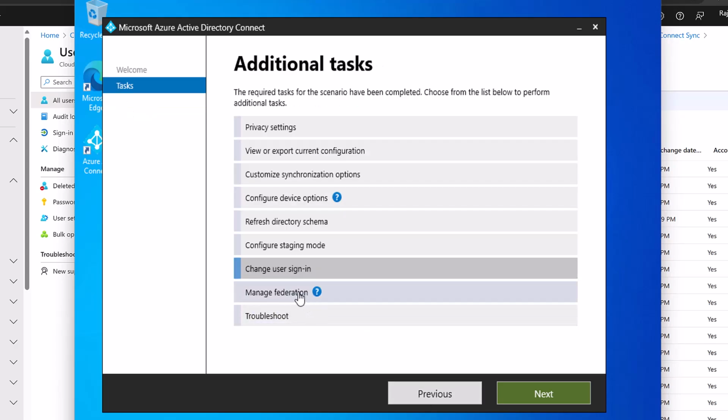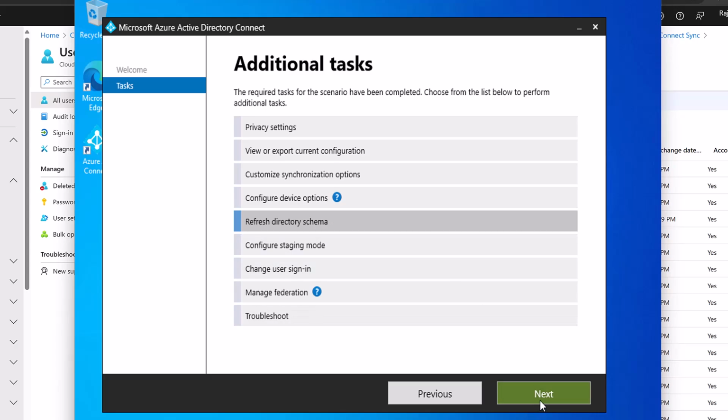Manage federation. We are not managing any federation at the moment because we don't have an ADFS or a PingFederate. Now, refreshing Active Directory schema, so refresh directory schema, this is the option in which if you have extended the AD schema, say for example, at the moment I'm running Windows Server 2022, but say for example, you had it on 2016 and you have brought up 2019 domain controllers or 2022 domain controllers, or maybe you have extended AD with some additional attributes, maybe third-party attributes or whatever, and you just want to refresh and bring those attributes up into the sync, then you have to click on this option and go with the next button